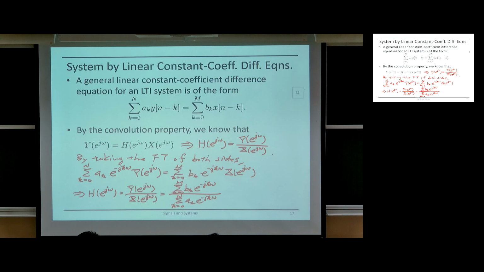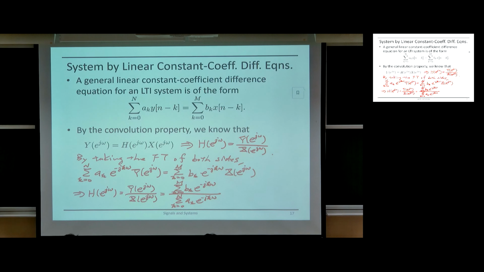Yesterday we ended up in this part where we were trying to look specifically at systems that can be described by linear constant coefficient difference equations, okay? So using the convolution property, we hope to be able to obtain the frequency response of a system like this more easily. So the key idea here is, suppose you're given this difference equation describing the input-output relation of